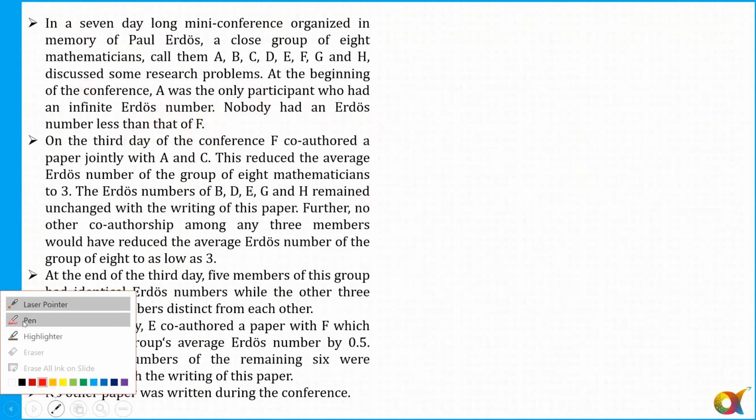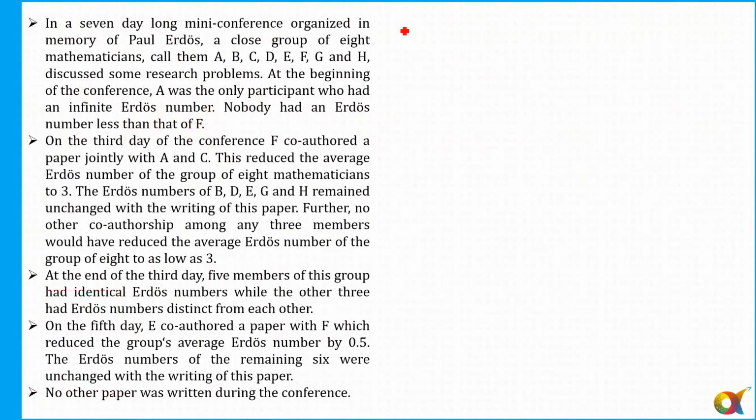So let me write down the names of these persons here. There is a person A, then there is person B, then a person C, then a person D, then a person E, and then a person F. Okay. It says